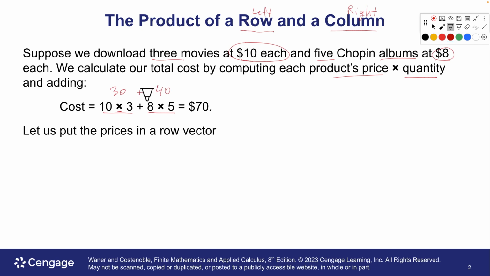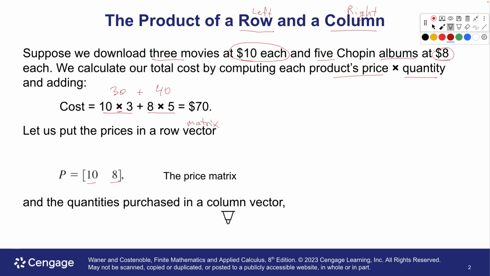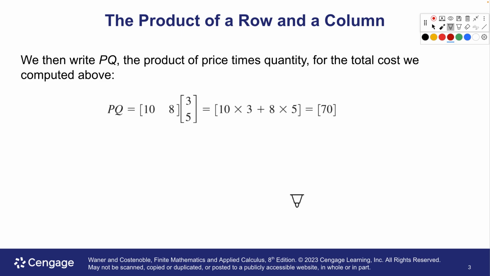So first we'll put the prices into a row matrix. They call it a vector, that's fine. We could also call it a matrix. Right? 10 and 8, where 10 is the cost of the movies, 8 is the cost of the albums. That is our price matrix. We will use a column matrix to list the quantities. And so we take the price matrix times the quantity matrix, and how that works is